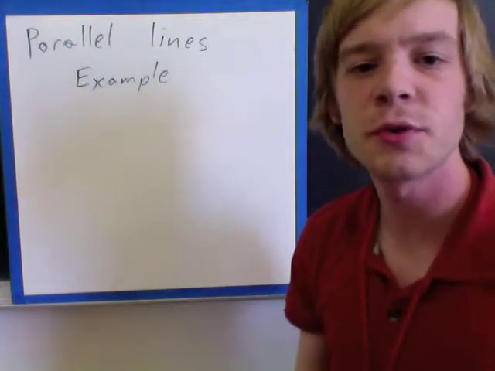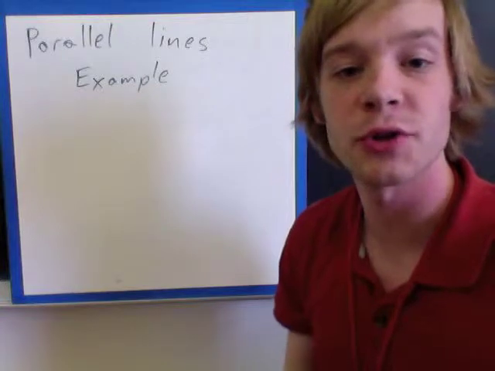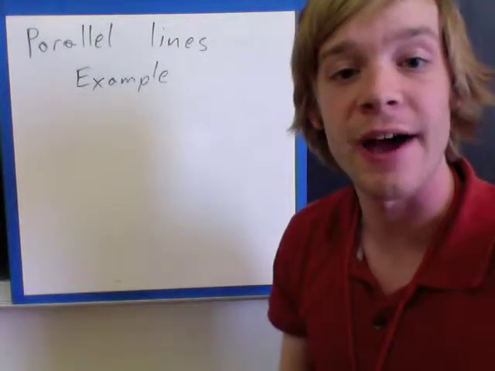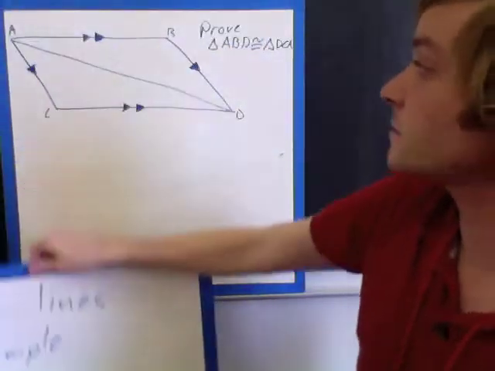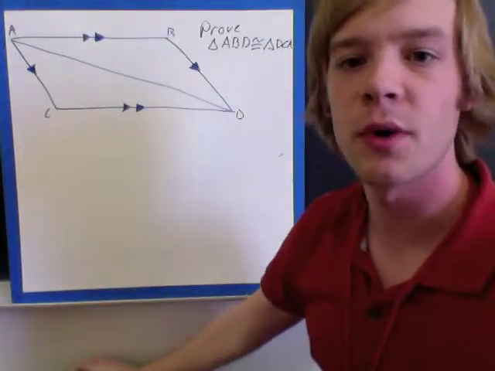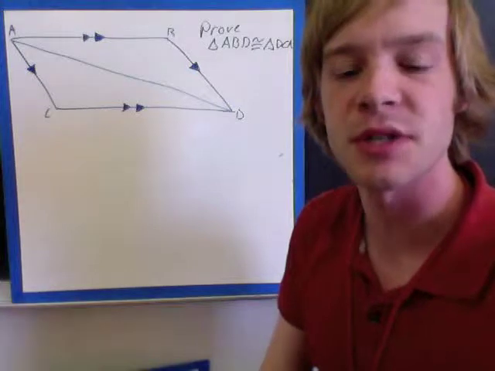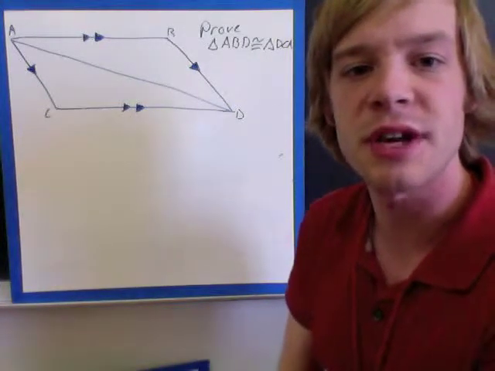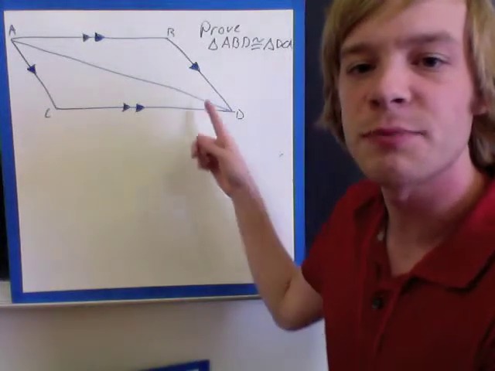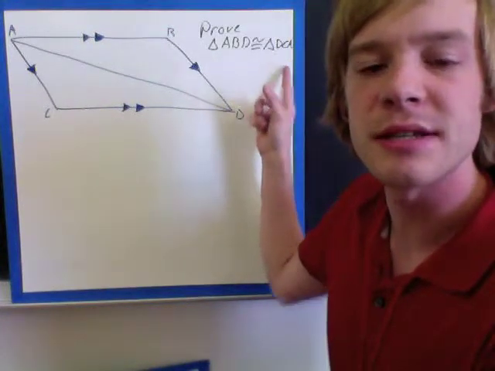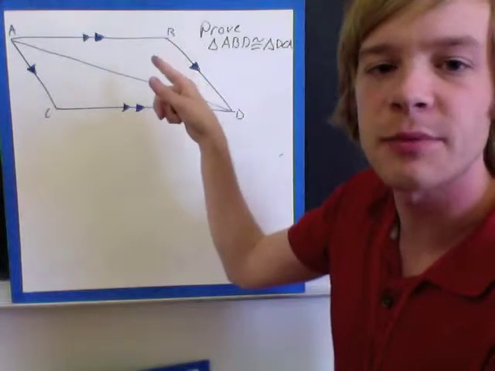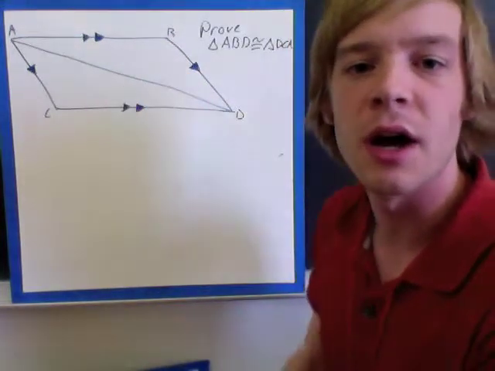Alright, I'm going to show you an example of one of our triangle problems when we have parallel lines. Right here we're given a diagram. We see we've got some triangles, as we did before, and we're asked to prove that triangle ABD is congruent to triangle DCA. Basically, this top triangle right here, we want to prove that it's congruent to the bottom